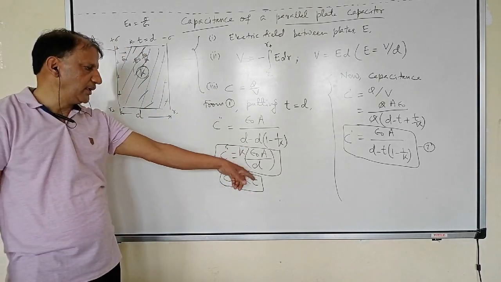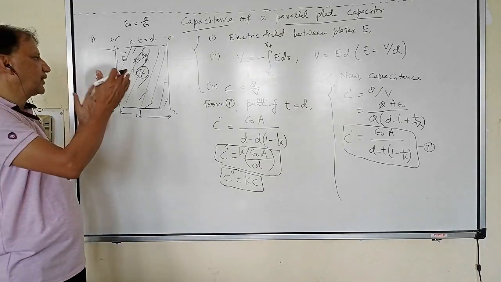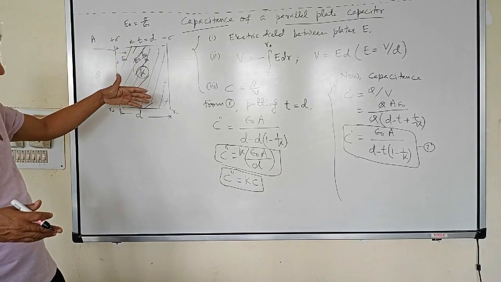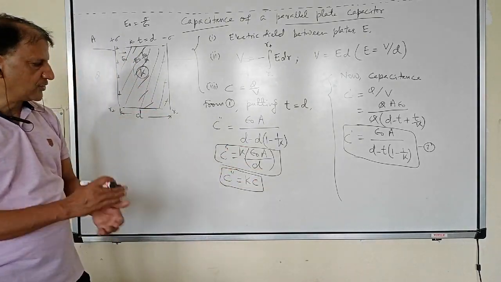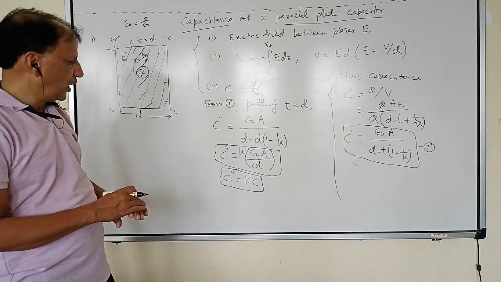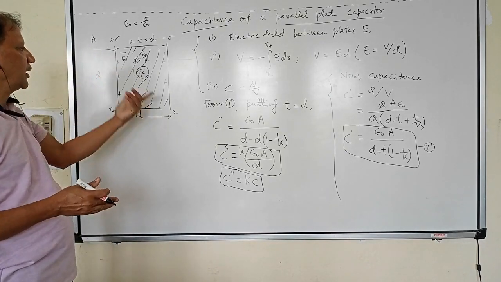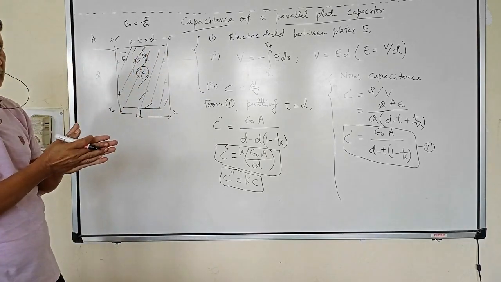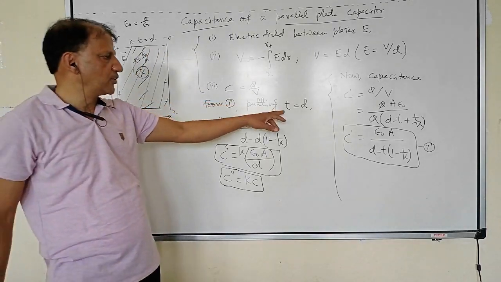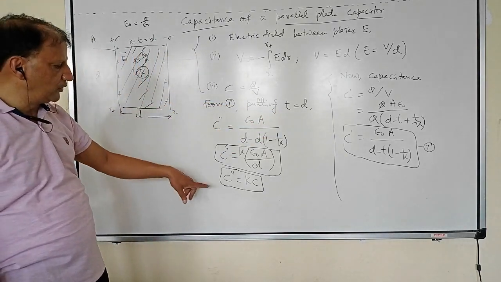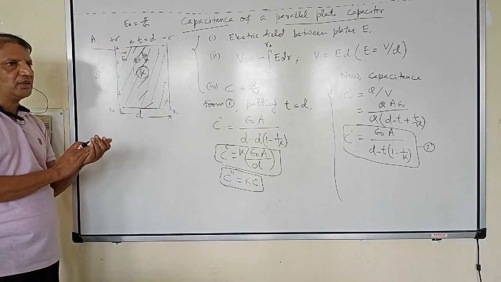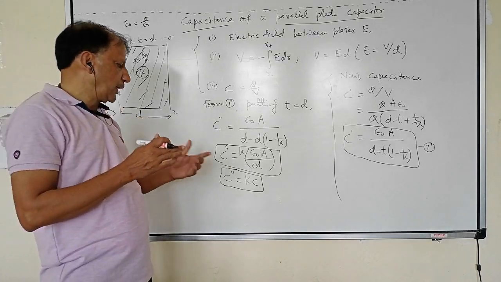Epsilon naught A by D is the value of the capacitance when nothing is introduced between the plates, only air or vacuum is present. Then the capacitance is given by C equal to epsilon naught A upon D. So now whenever the dielectric having dielectric constant K completely covers the space between the plates, then in that case T becomes equal to D. Putting that value we find C is equal to K times the value of the capacitance when the space between the plates is vacuum. So capacitance increases K times.